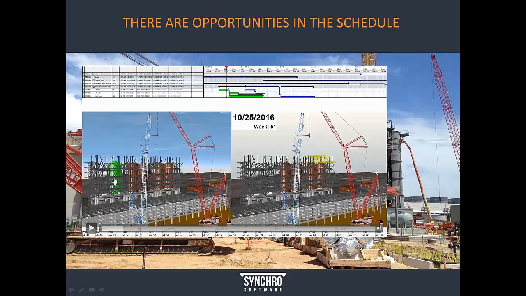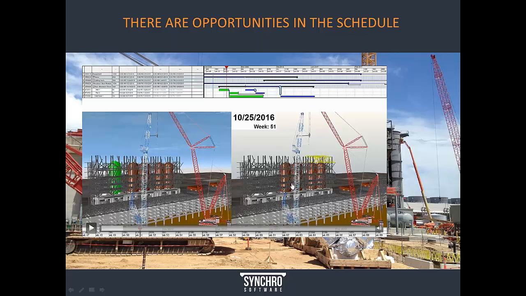Here's an example where on the left there's a tank that is scheduled to be installed, the one that's green, but what happens is the delivery of these last two tanks is delayed. And so in the schedule, for instance, if they're delayed by a month, the activities get pushed by a month, and since they're on the critical path, the whole schedule essentially gets pushed by a month.